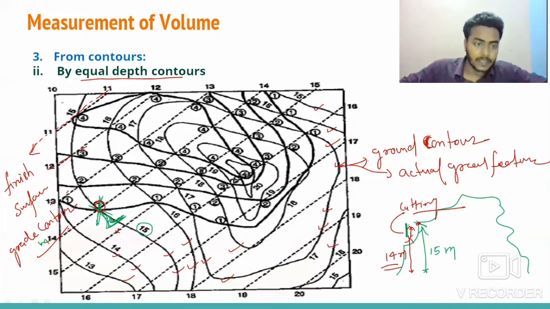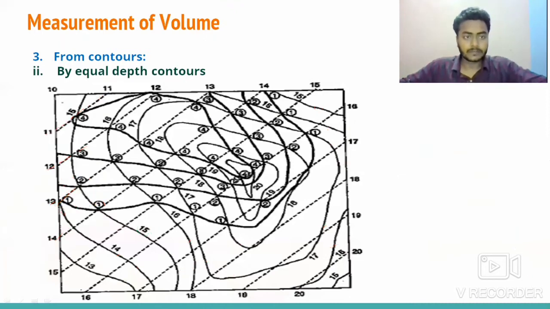Okay. Now see, this point again is showing this is contour. So contour, what is contour? Contour is the imaginary line which joins the equal elevation. So this line is also 15 meter elevation, but at this point we want a 30 meter elevation. It is also a contour line we can say, but that is grade contour. What the contour we want, what the gradient of ground we want. Okay. So at this point we want 30 meter. So we need to do cutting for 2 meter.